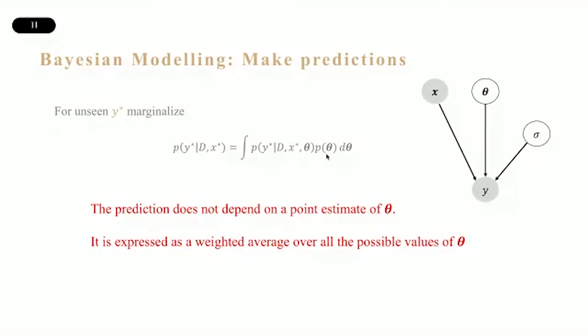If you think about it, this is the intuitively correct way to do so, because I have an updated belief over theta, and this is a distribution, so I want all the information coming from this distribution to be introduced into my prediction. Not only information from a point estimate, but from all the possible values.